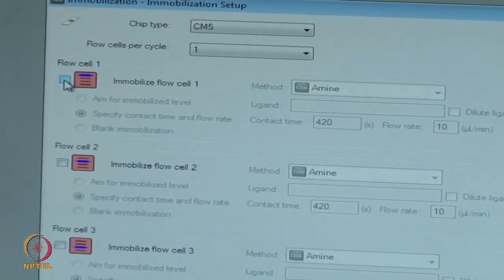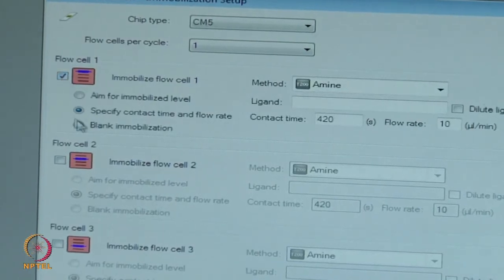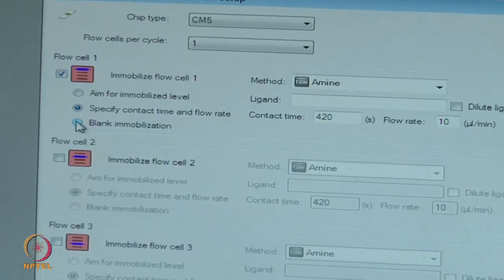So we will immobilize for binding, flow cell 1 and 2 for binding, and 3 and 4 for kinetics.